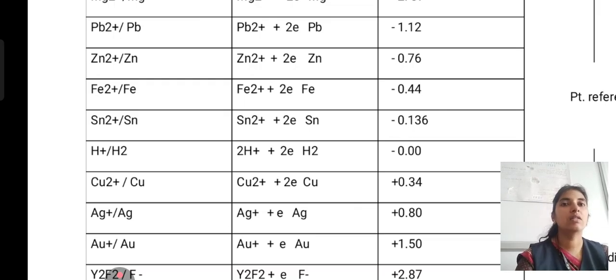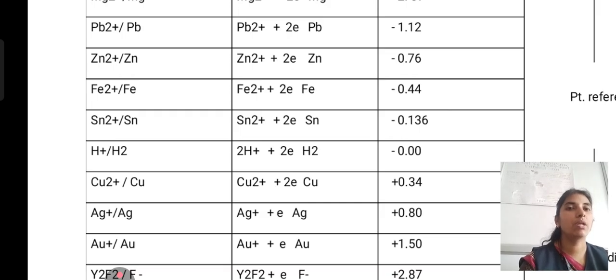anodic process. Sn2 plus Sn, Sn2 plus 2e Sn, which has anodic properties of 0.136, and the cathodic platinum reference electrode, which has H plus by H2, 2H plus 2e H2, gives 0.00 volts, which is called the reference electrode of platinum. And next, the cathodic properties, which has Cu2 plus bar Cu gives Cu2 plus 2e Cu, which has cathodic protection with 0.34 volts, and Ag plus bar Ag, which has Ag plus e minus Ag,